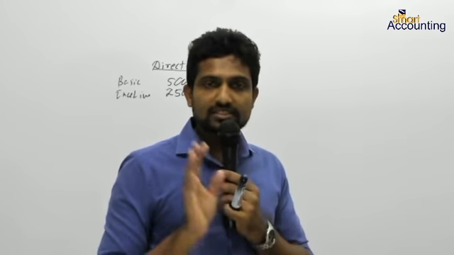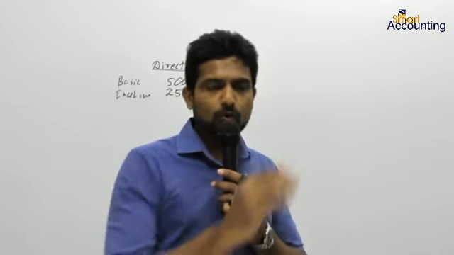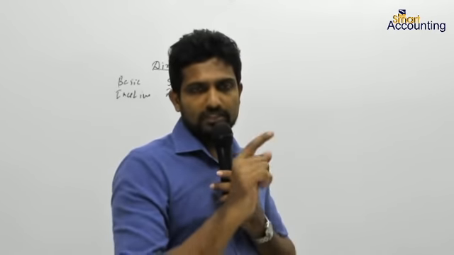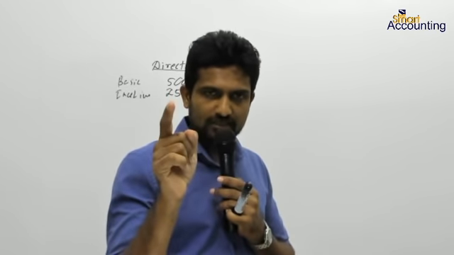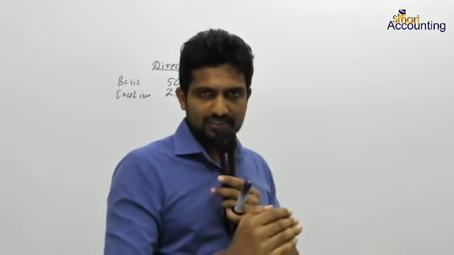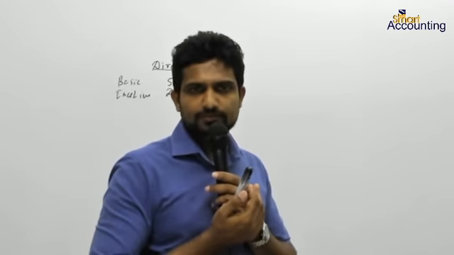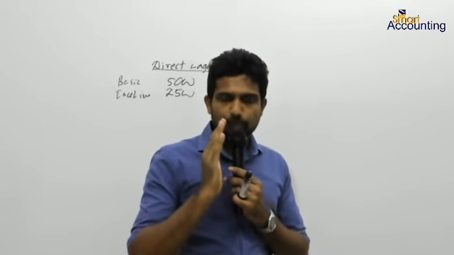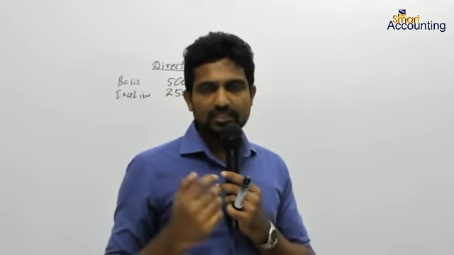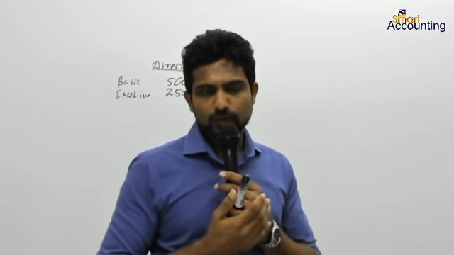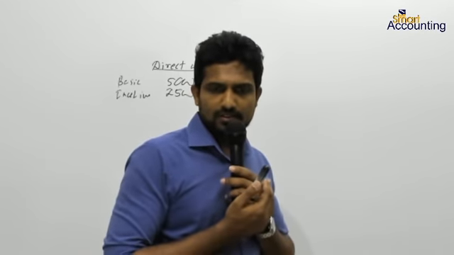Normally in the exams, this is tested in this way. Bonus paid for each type of employees, but based on the net profit. If the bonus is paid on the profit, don't categorize that under different categories. You must show the bonus payment under distribution expenses. Is it clear? Bonus paid based on the net profit. If something is paid based on the net profit, remember that bonus is what? It's a distribution expense. Is it clear?